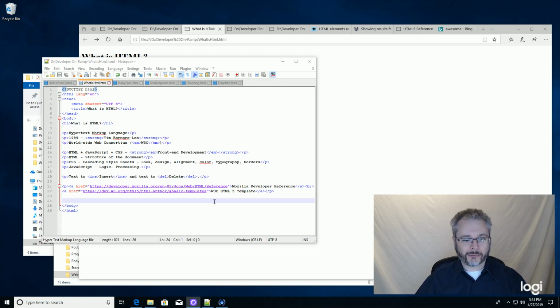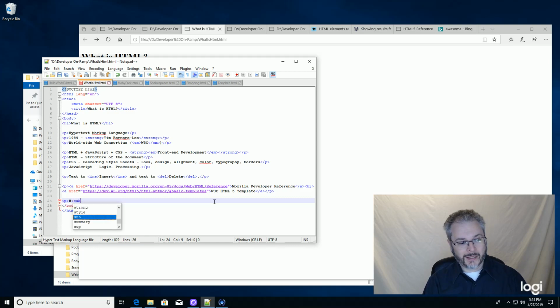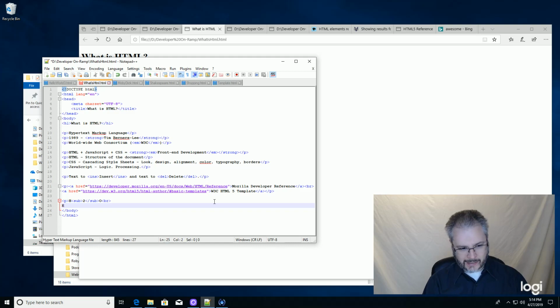So, a couple of real quick examples. We'll start a paragraph and we will say H, we will subscript the 2, close sub, for H2O for water. And then we will go to the next line and E equals MC, and then we will superscript the 2,